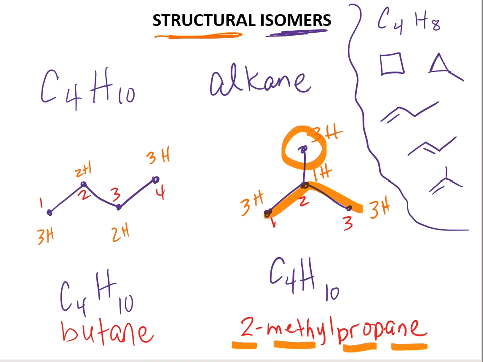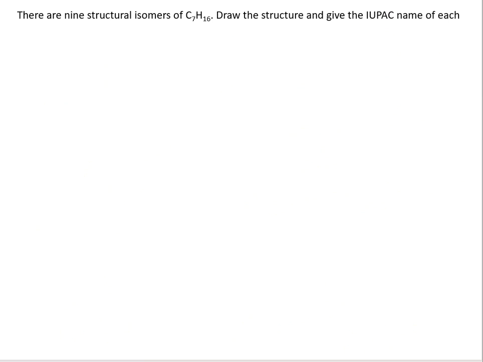And so we'll work through an example. Here it says that there are 9 structural isomers of C7H16. Draw the structure and give the IUPAC name of each. This problem gives us a clue that we're dealing with 9 structures, but they all should have 7 carbon, 16 hydrogen. The easiest way to generate structural isomers, once you know what your formula is supposed to be, is to start